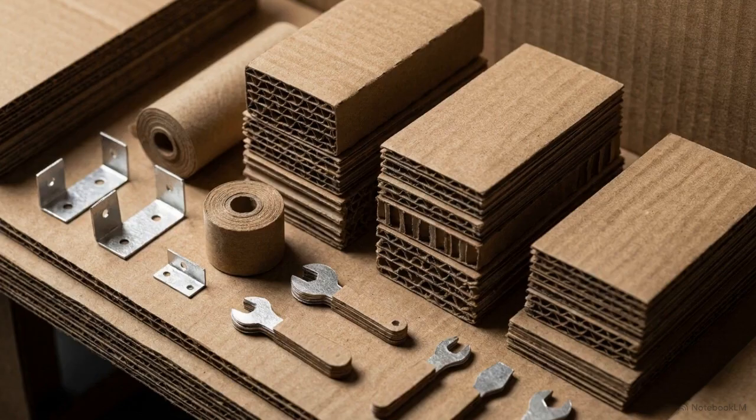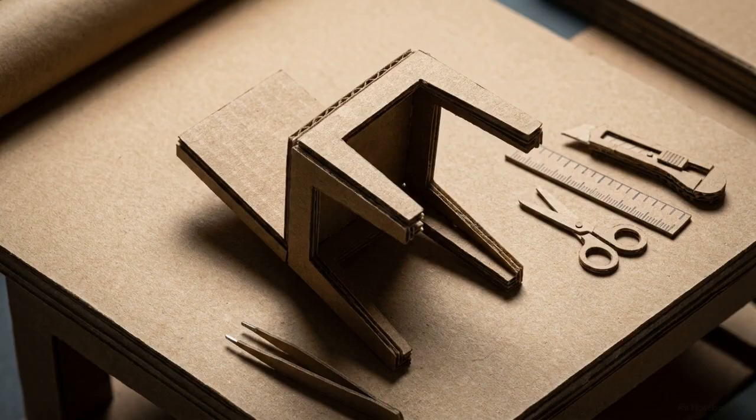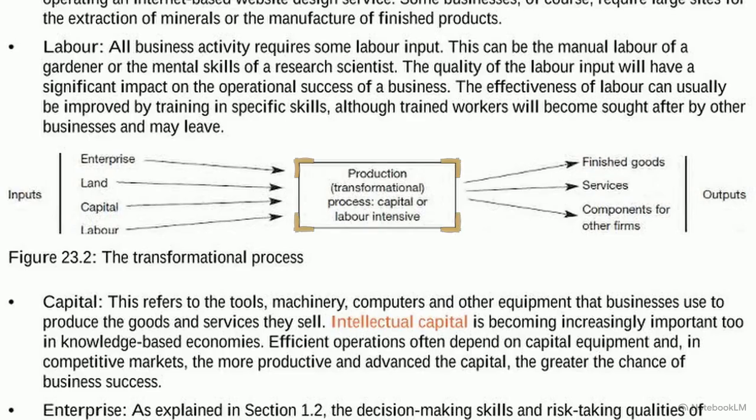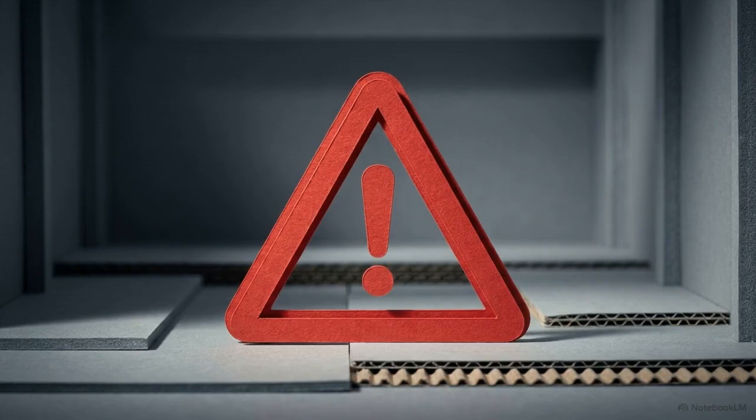This is the organized effort to take scarce factors of production and combine them to produce goods and services that actually satisfy human needs and wants. This diagram shows the transformational process at the heart of that activity. An operations department takes basic inputs, land, labor, capital, and enterprise, and converts them into finished outputs that consumers are willing to buy. However, a business cannot function if its revenue only covers the price of its ingredients.